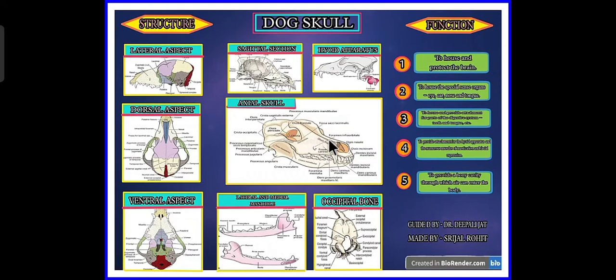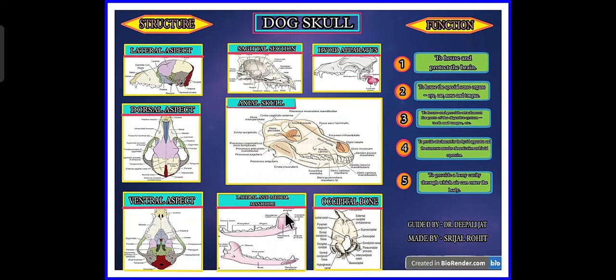The nasal chamber is divided lengthwise into two via a cartilaginous plate called the nasal septum. Each chamber is filled with a delicate scroll of bone called the nasal turbinates. These are covered in ciliated mucous epithelium. The next part is the mandible. The mandible comprises two halves. Each half is divided into a horizontal part, the body, and a vertical part, the ramus. Premolar, molar, canine and incisor teeth are found in the ventral part.